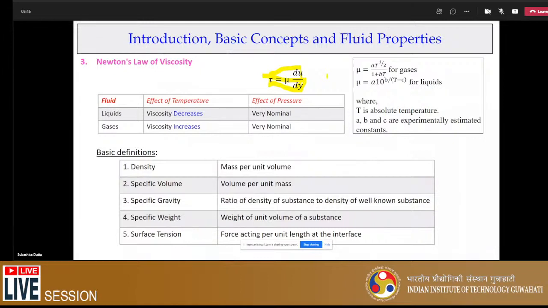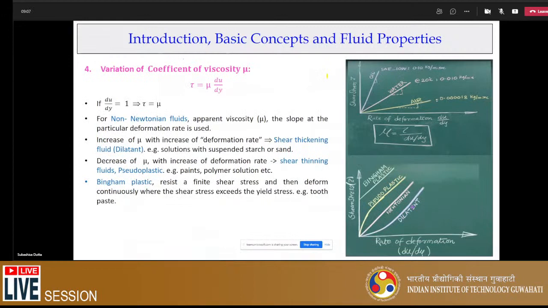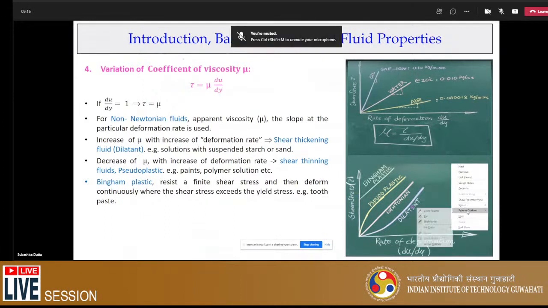A lot of simplifications are there, and we'll also discuss these assumptions when we cover fluid kinematics and non-Newtonian fluids. All will be discussed, but these are the basic levels. We are talking about the relationship between shear stress and shear strain rate. Here, very simple diagrams give a relationship between shear stress